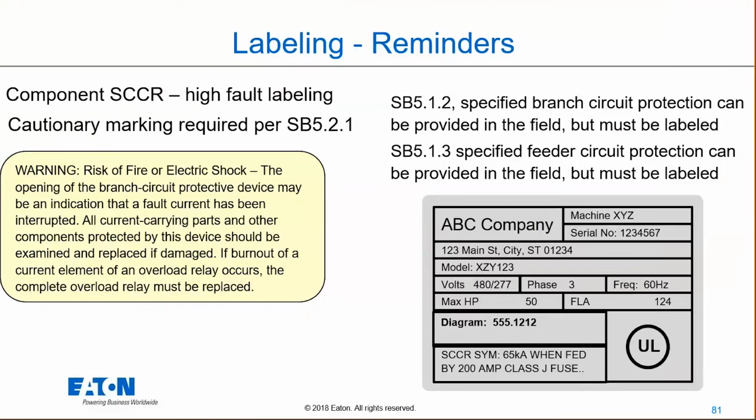Another example is when we have an external device. So if I've decided to leave it up to my customer, or my customer asked me not to put in the main overcurrent protective device, I now have to list that on the panel. Under SB 5.1.2, if it's a branch circuit that's coming from elsewhere, you have to label that. And under SB 5.1.3, if it's a feeder circuit being protected from somewhere in the field, that also has to